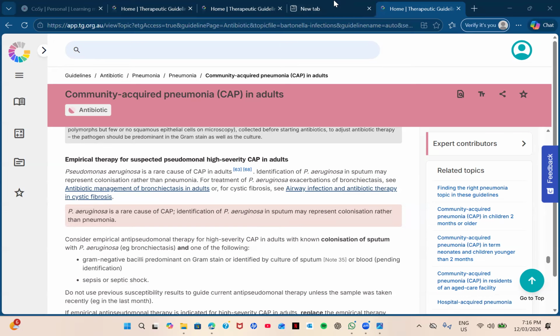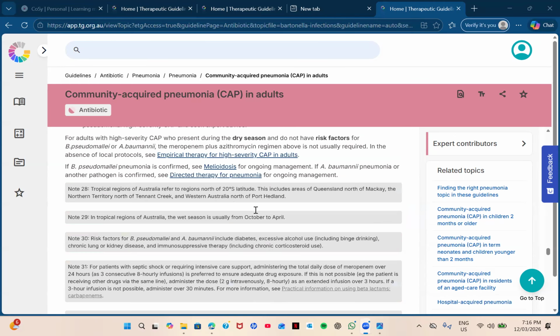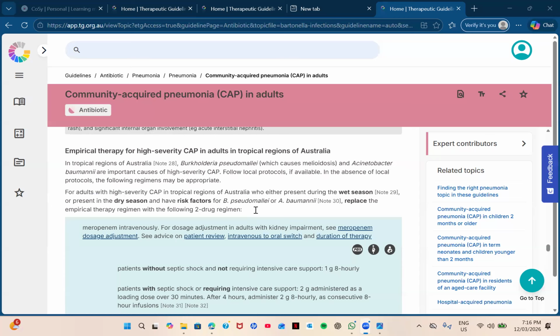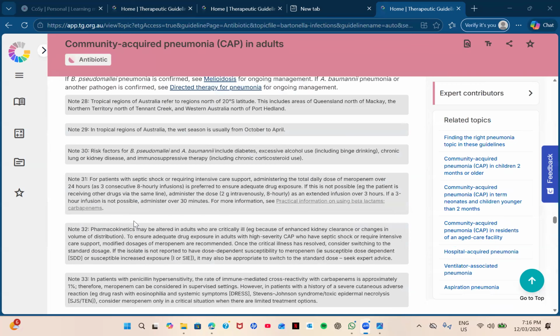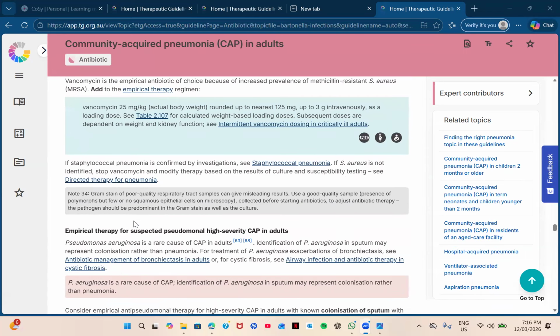Negative. What doctor about? I missed the treatment. Okay, I'll show it again. Here. So tropical area of high severity, we have to give meropenem plus azithromycin, right? Tropical regions. Okay. So here,